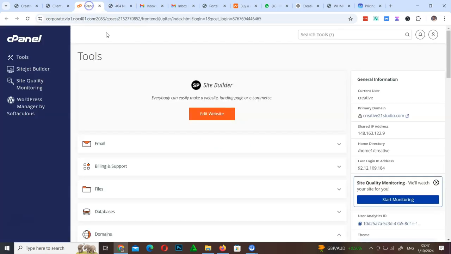In order for you to do that, you log into your cPanel. I've shown you how to get into your cPanel in the other video. Once you go to your cPanel, depending on the hosting that you are using, sometimes you may need to reach out to their support and ask them how to add SSL to your website, if it's not straightforward. But in this case, on our platform, you head over to the